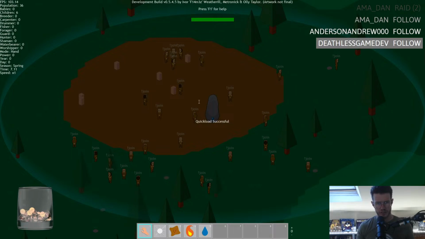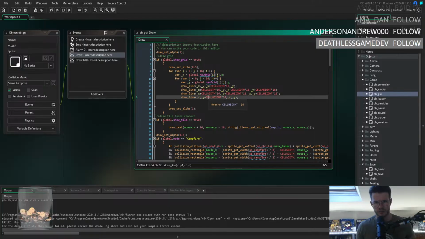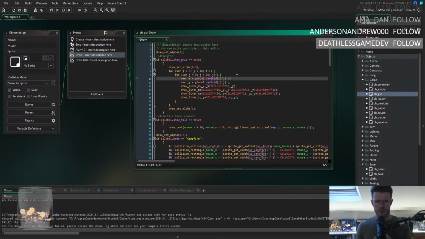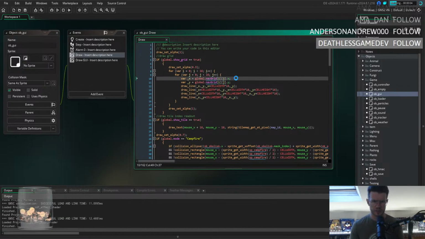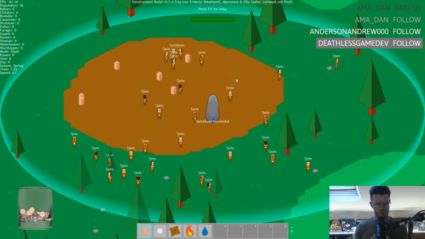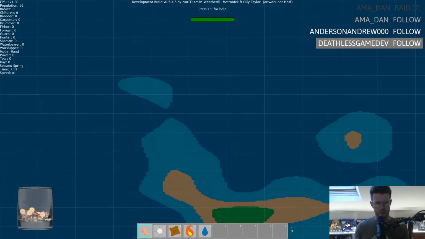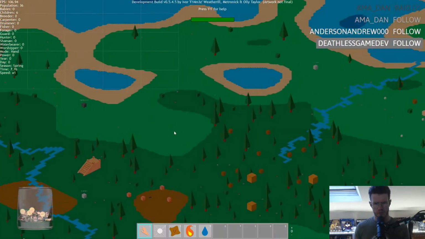Oh, that just crashes the game. Wait, local variable J not set before reading it. What are you talking about? Oh, shit. Wait. So it has to be inside there because it doesn't know what J is. So it's not ideal, I suppose, but maybe that's just necessary to do it that way. Well, it didn't crash the game. Oh shit, there we go. But